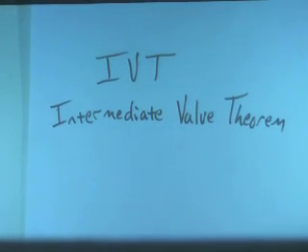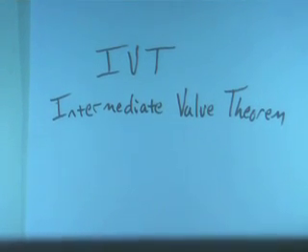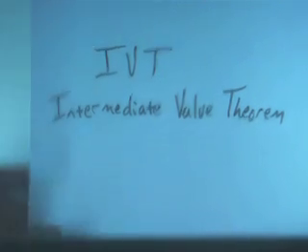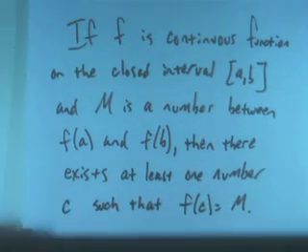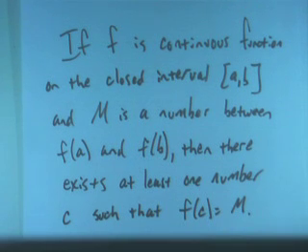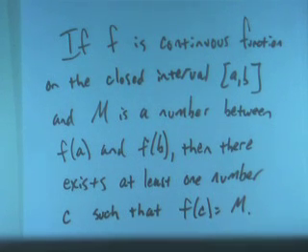In this discussion, we will introduce the intermediate value theorem. Here's a statement. You should know the statement. You should have it memorized. Here it is. If f is a continuous function on a closed interval from a to b, and the number